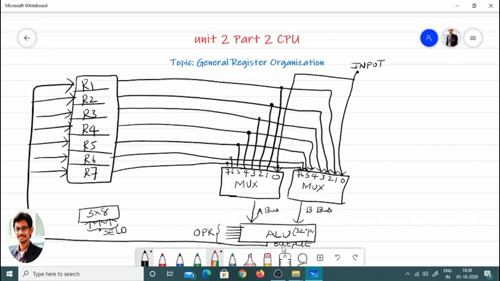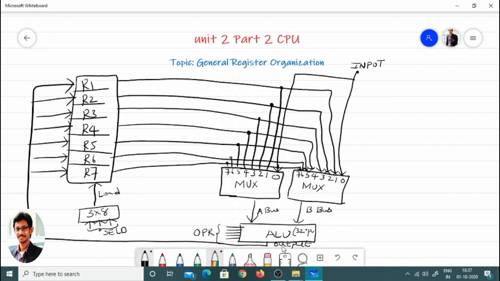So how will it select? It will enable the load signal of that particular register. Here I am writing only one arrow mark, but there are 8 arrow marks towards the registers. So the load signal will enable one of the registers